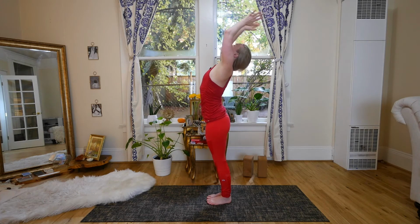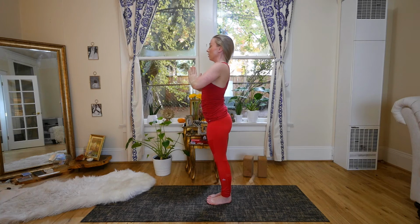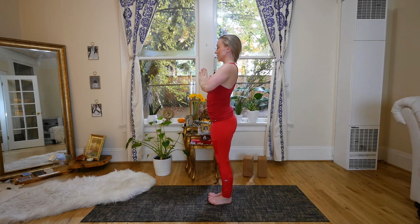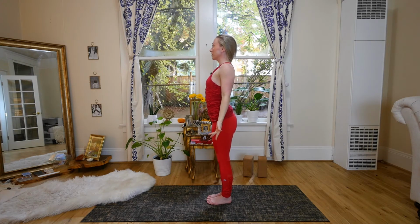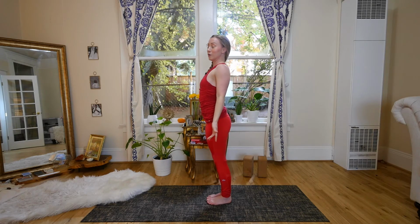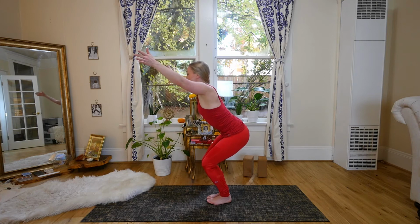And then come together at the heart center, bringing the hands into Anjali Mudra. Pressing the hands together. Taking a moment to breathe into the heart. And then releasing the hands by both sides, palms face forward. Beautiful. Well done. We're going to move through our chair pose, coming down and then up, sitting back into a seat,